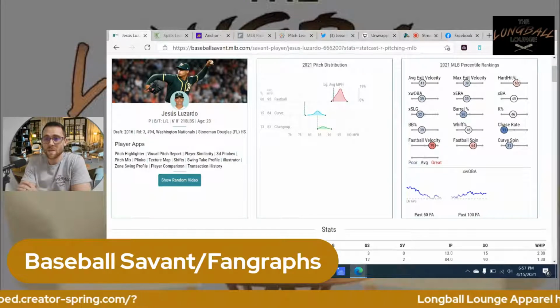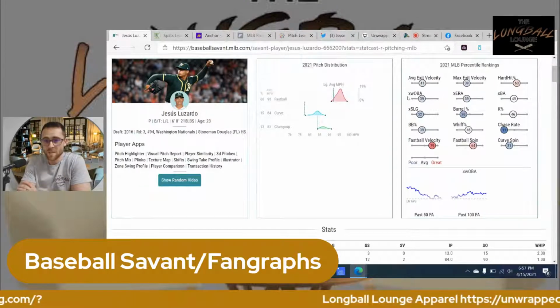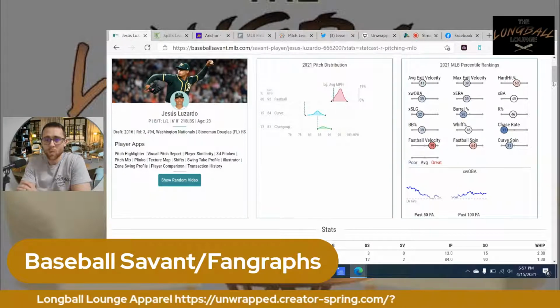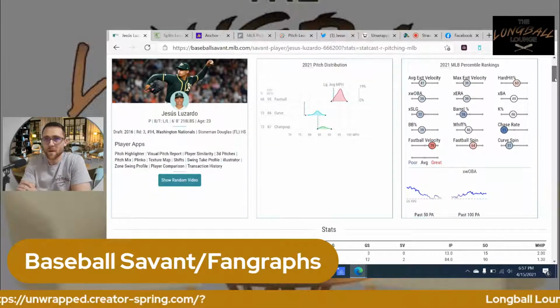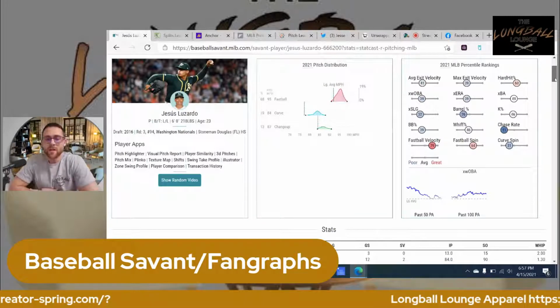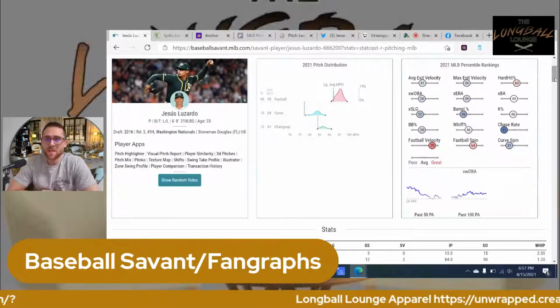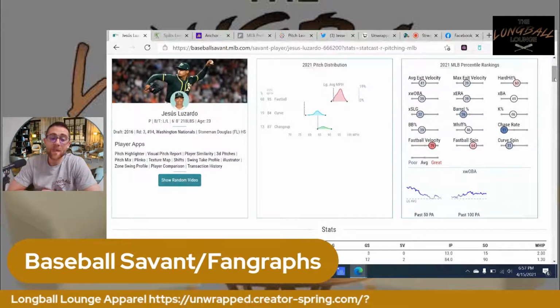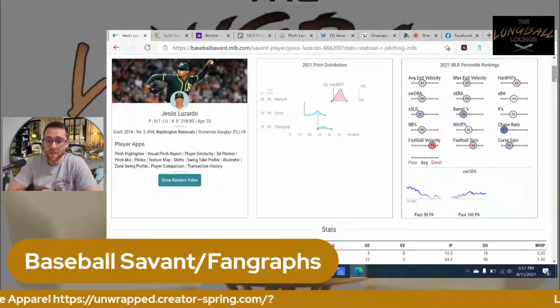I broke this down. Hard hit percentage is what it is. xWOBA is how they pronounce this, 39%. It's expected weighted on base average, basically. And that's just a better metric than on base percentage, where it's breaking down more. FIP is a big indicator as well.